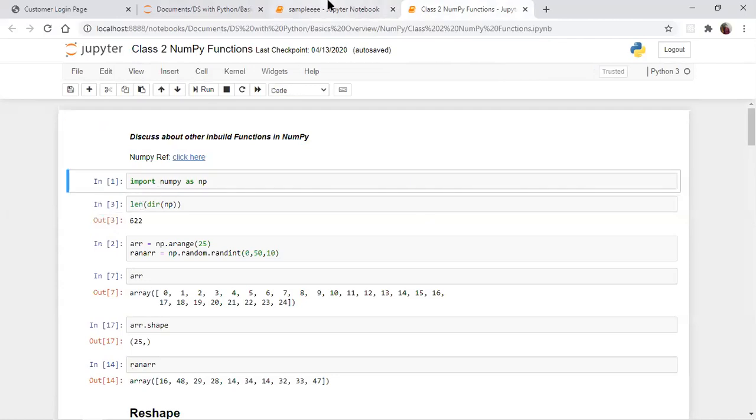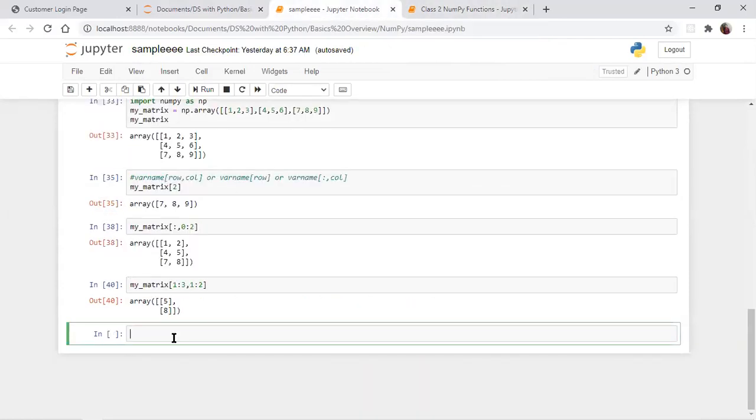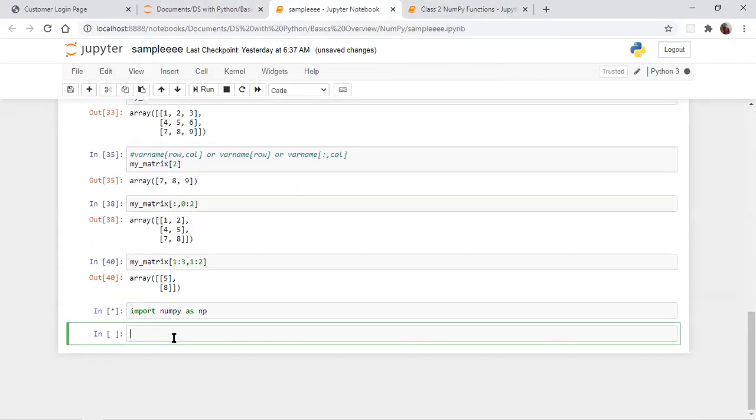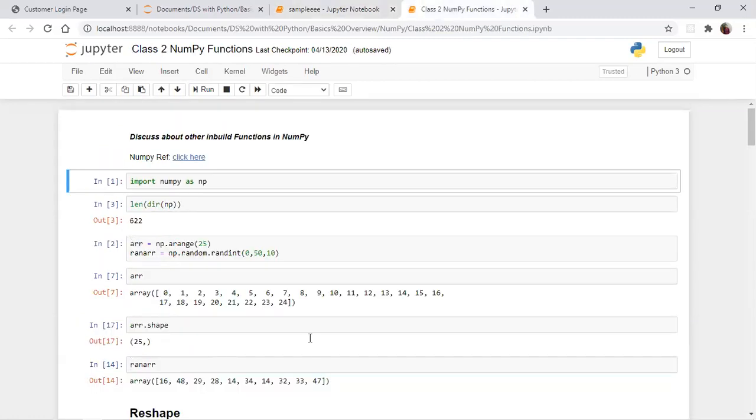So now what I'm going to do here is again we need to import NumPy, because all this ran yesterday. So again we need to import it, else you need to run it from the beginning. See here it's starting from one, because once you close the Jupyter notebook and open it again, we need to run it again. If you directly run something else, it will give you the error. So just take care of that.